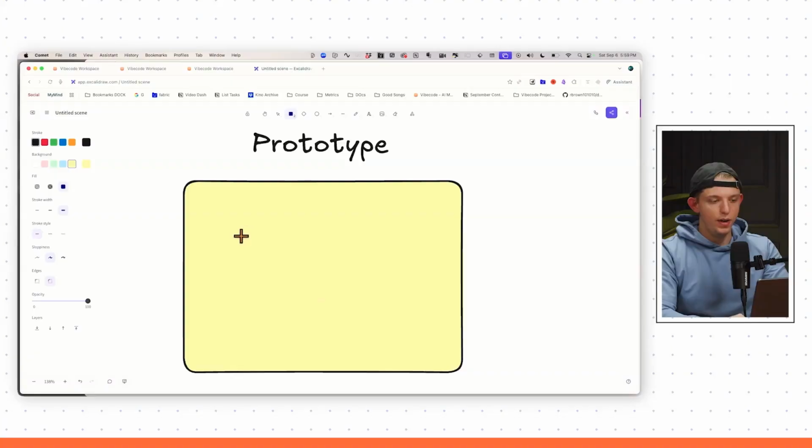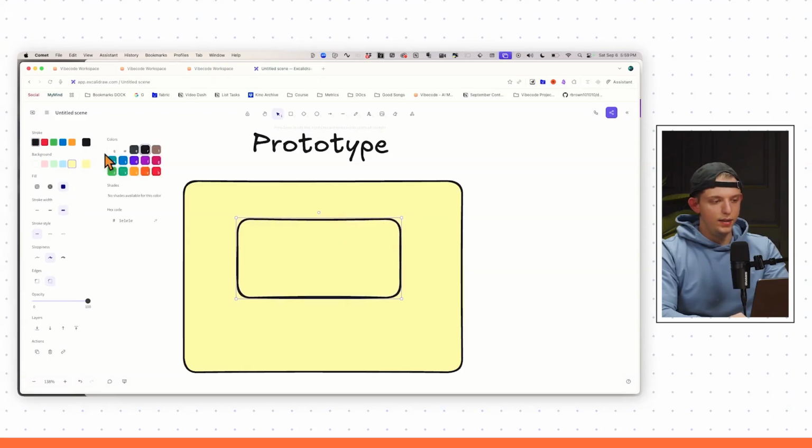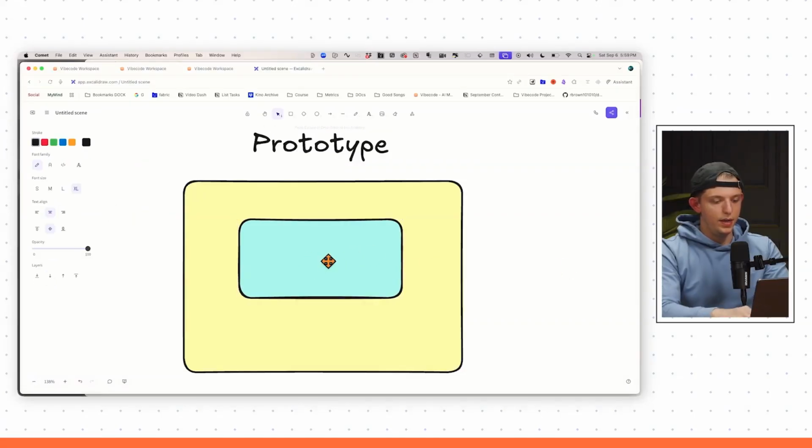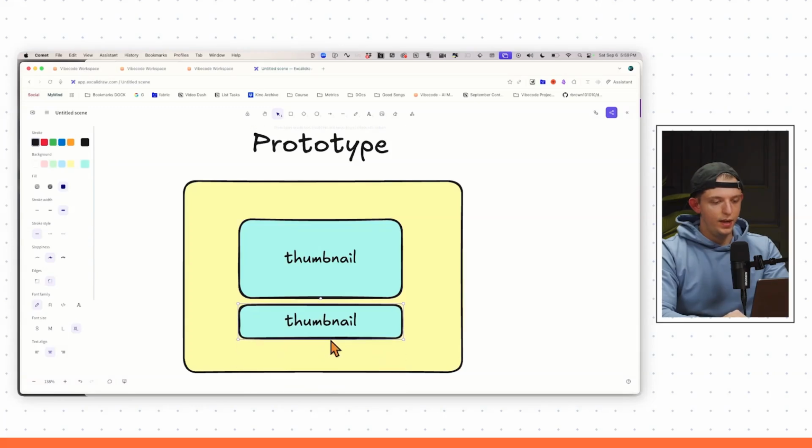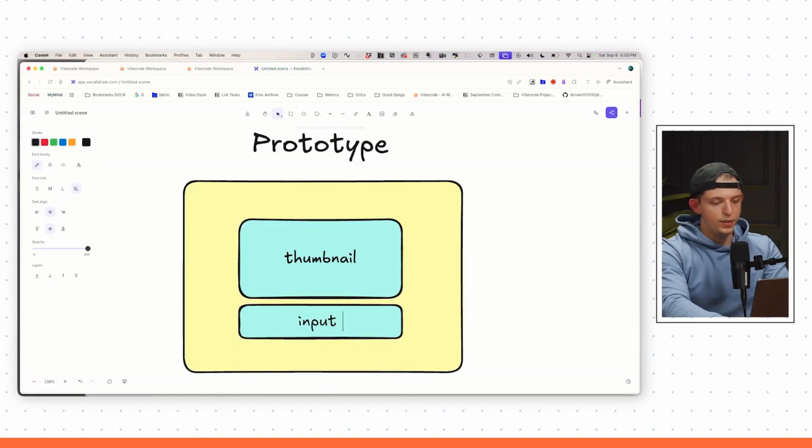And so let's say we want to create an app that has our YouTube thumbnail right here, right? Let's imagine we have a YouTube thumbnail right here. Let's go ahead and say we just want to change this background to something different, right? So here, I'm just going to say thumbnail, and then I'm going to drag this down here, and I'm going to input text. This will be left aligned,